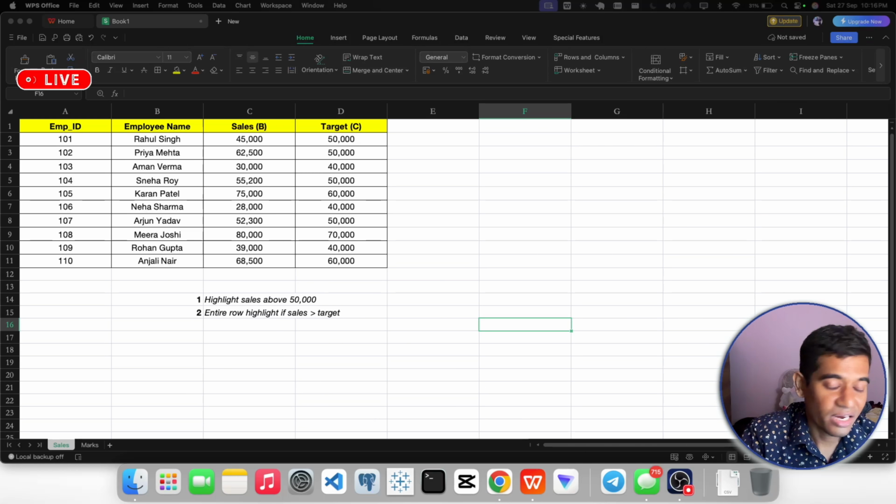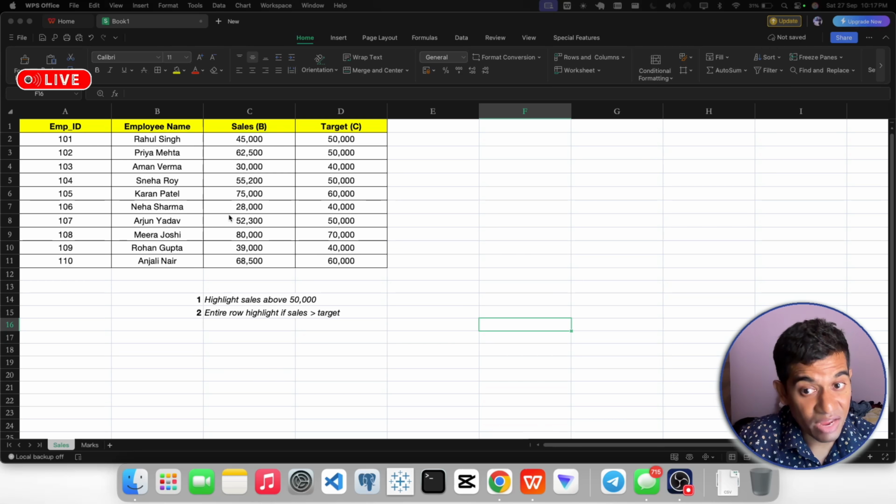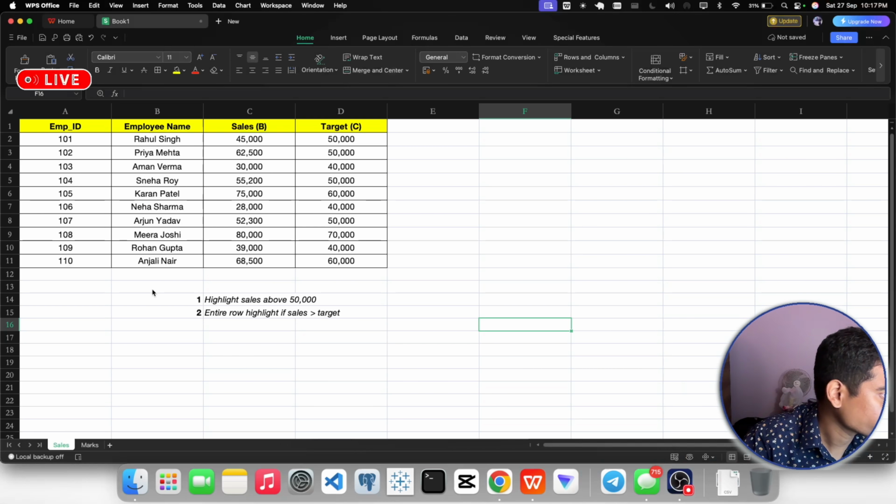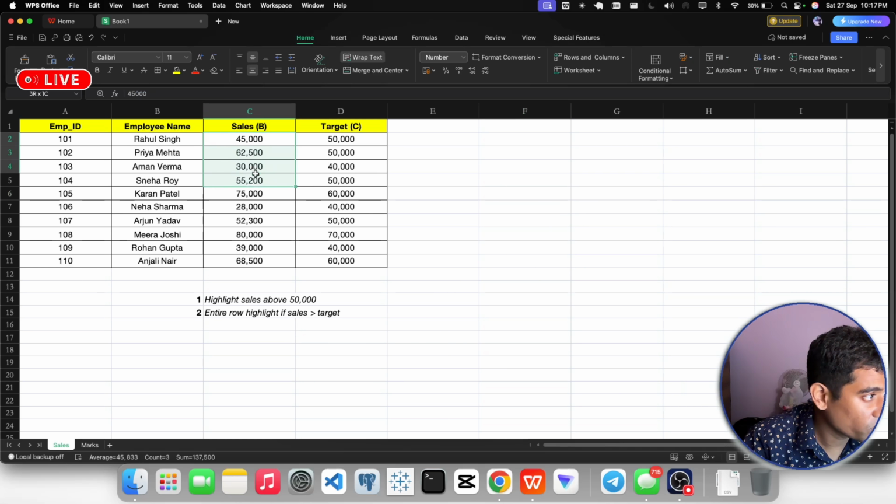So let's jump on the first question, that is highest sales above 50,000. Here we have the sales data table, and in this we can see column C and column D have sales and target data. Now I want to highlight all the employees whose sales are above 50,000. So let's start with this. Sales are above 50,000. So what you will do,